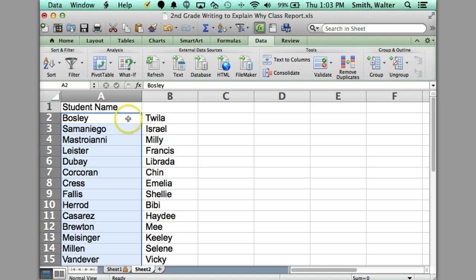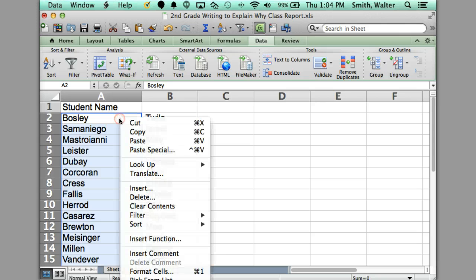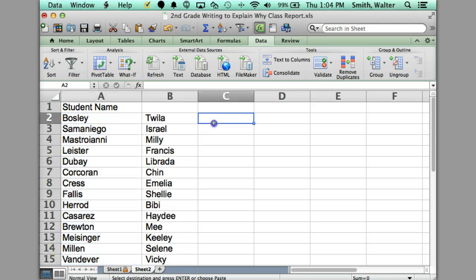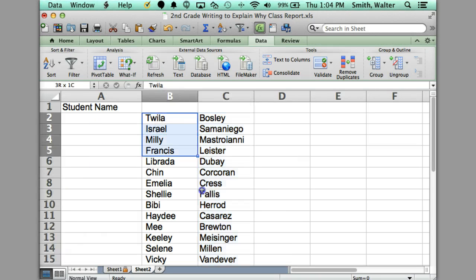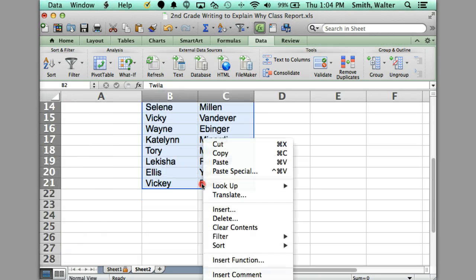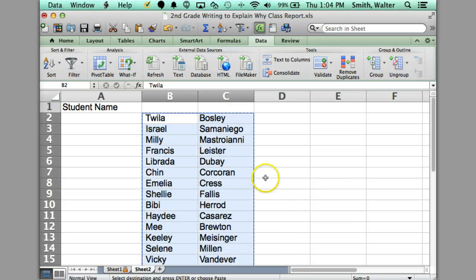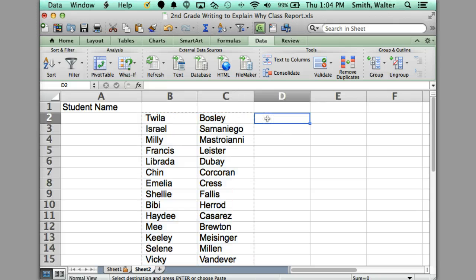So now we have the names separated, so here's the last name and here's the first name. So all we need to do now is cut and then paste. And now if you want to, you can just highlight both columns, copy, and then paste them into ClassDojo or wherever you want. Now, you can stop the video here, or you can learn one more thing as programmers,